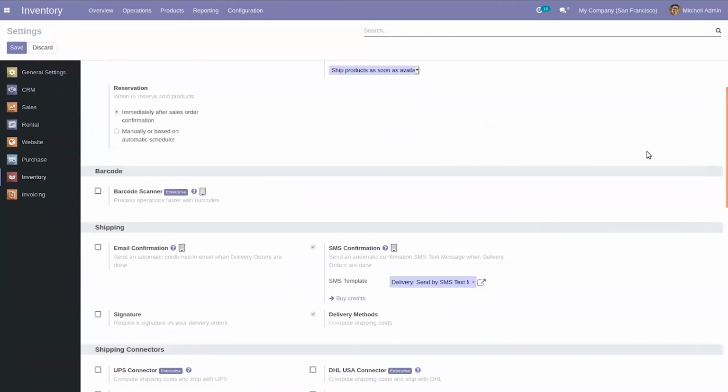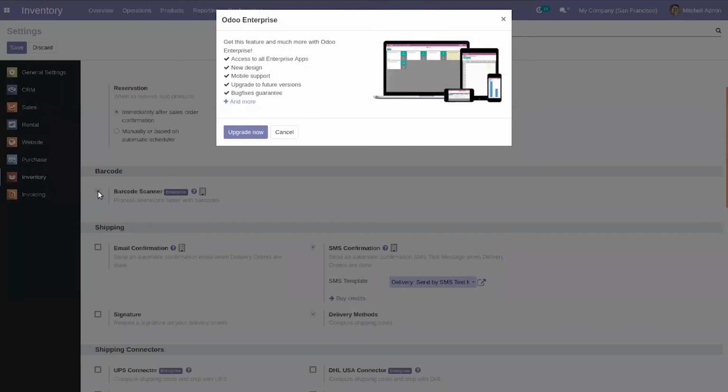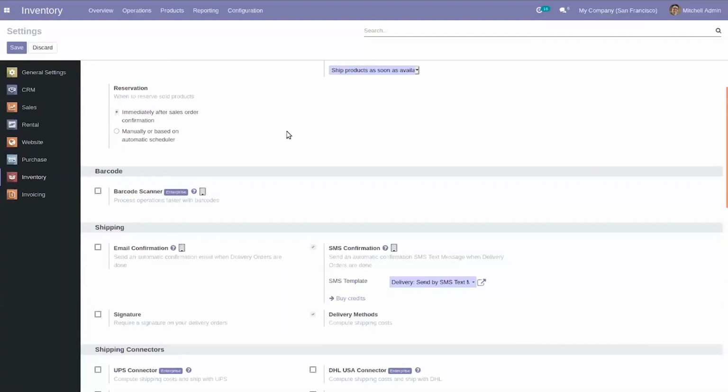And if you want to scan a package, the barcode scanner option is also there in the enterprise version, and we can also upgrade and buy this application from order pricing. So you can also enable and upgrade if you want to process operations faster with barcodes.